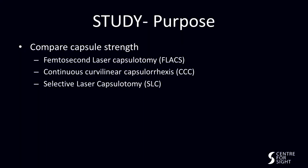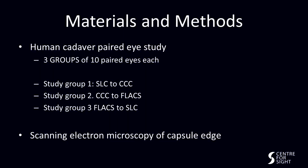The second study that was performed was to compare femtosecond laser capsulotomy with capsulorhexis and also selective capsulotomy. This was done using paired human cadaver eyes. We divided them into three groups. We got paired cadaver eyes, and they were divided into selective laser capsulotomy, which is CAPSULaser, compared to capsulorhexis. One eye had one procedure done, and the fellow eye from the same donor had the other procedure done. Then there were another 10 eyes where capsulorhexis was compared to femtosecond, and then a third group where femtosecond was compared to